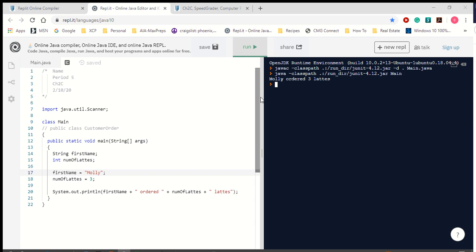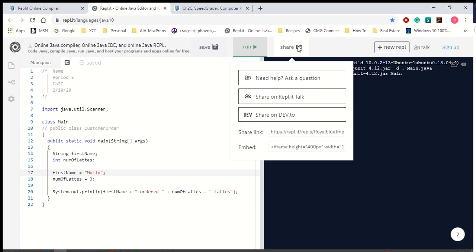So what you need to do is click on Share, and then go down here where it says Share Link, and copy. Do a Control-C or a Command-C if you're on a Mac. And then what you would do is you would go to